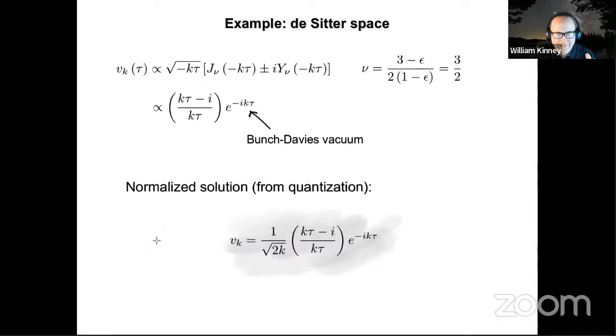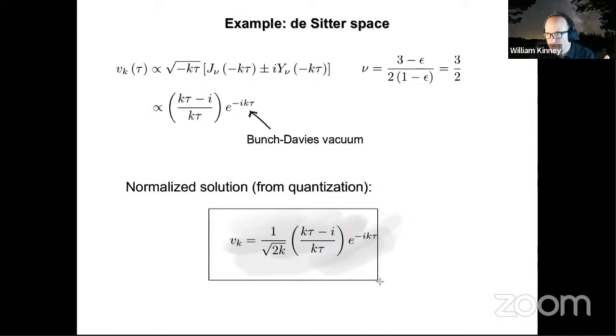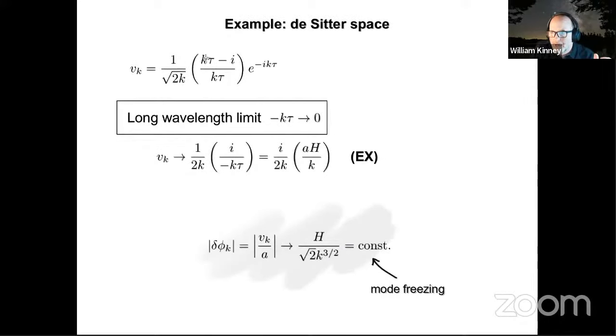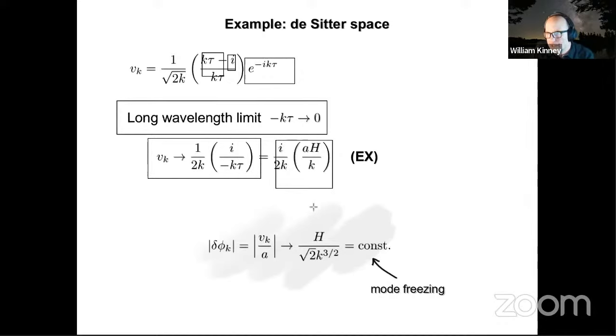Very neat, very clean. So now let's take this mode function, fully normalized, completely specified, and stretch it out to long wavelength. So here's my mode function. If I take the long wavelength limit of this thing, what I find is that these terms go away, and this term goes to a constant. So the only thing left is the 1 over k tau term. So in the long wavelength limit, this mode function goes like the inverse of the wave number in units of the co-moving horizon size, or the wavelength in units of the co-moving horizon size.